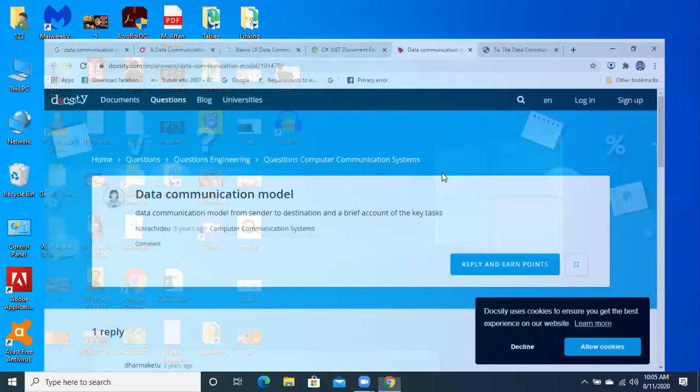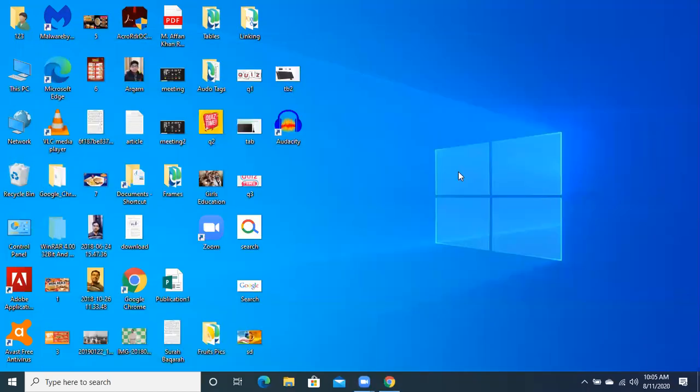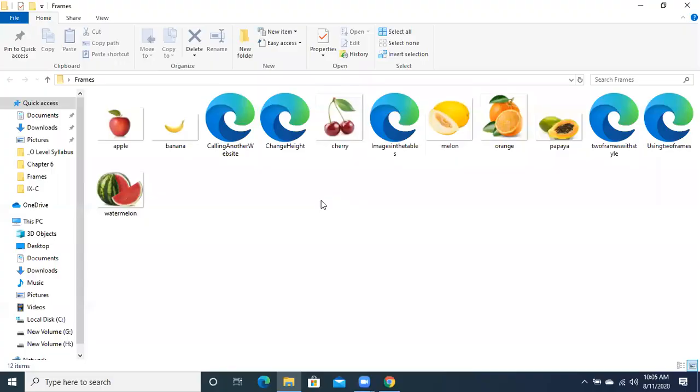And how we are going to do it today, you have to understand this thing. So today we are going to use another important tag. I have made one folder over here for you with the name of frames. This is the folder that I am going to discuss with you. And I will use some previous files that I had made. If you remember, we had inserted images in our document, where we inserted different images in the table.